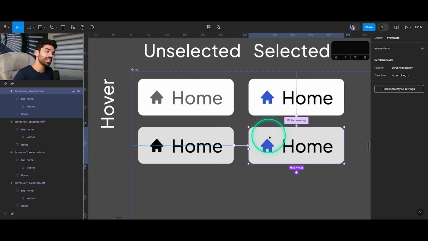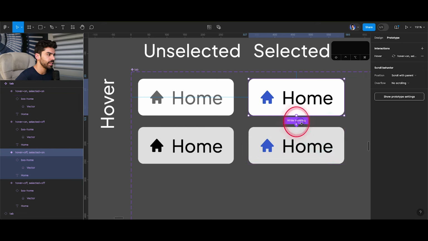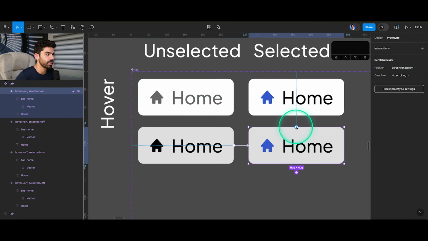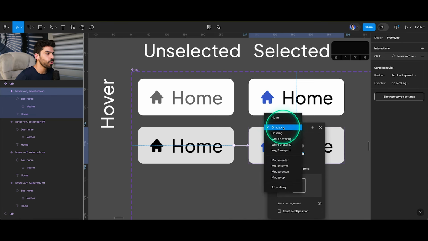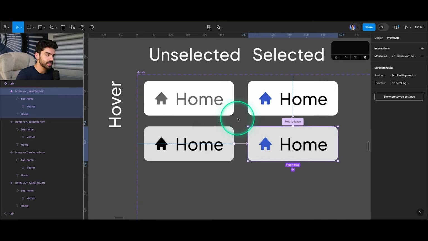Now, as soon as my cursor is inside, I basically want this to return to this state when my mouse exits. So I'll delete this interaction right here because I actually do not need it. So I'm just gonna take this interaction and delete it. Take this point, drag it. Instead of on click, I will choose mouse leave. So when I do mouse leave, I can make it dissolve, ease out at 150 milliseconds. And now